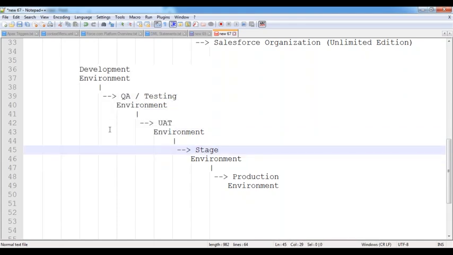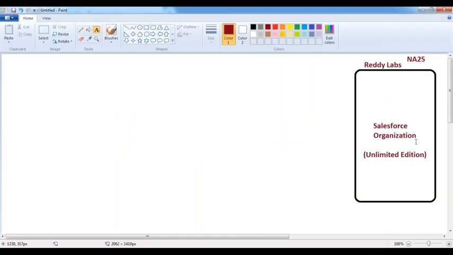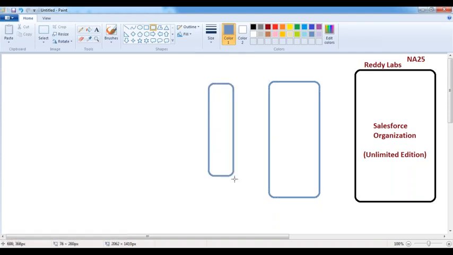So who will be creating these environments? The Salesforce administrator is going to take care of creating these environments. Now the Salesforce administrator is creating this environment right now. This is nothing but one sandbox. This is the stage sandbox, and then he is creating the UAT sandbox,